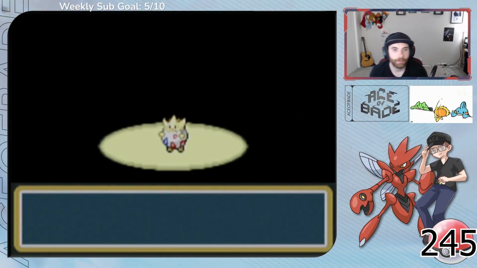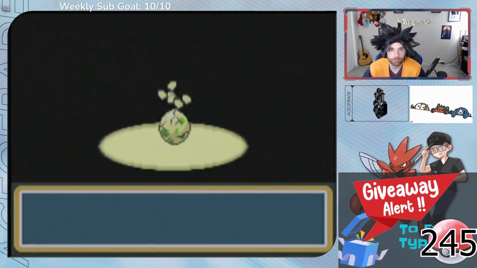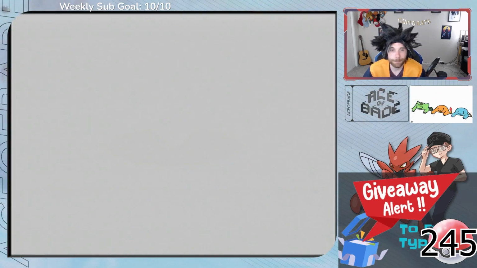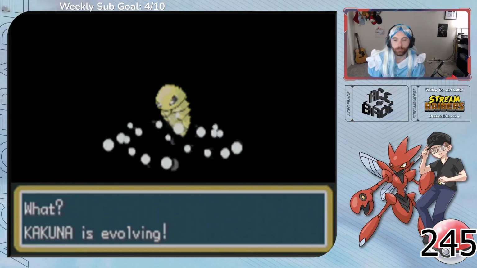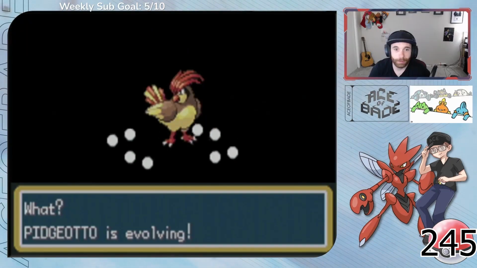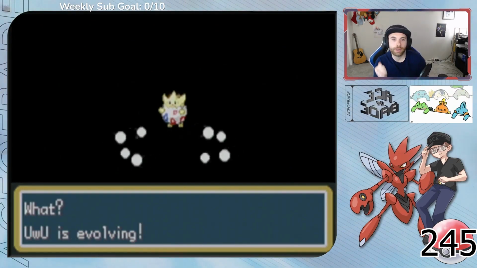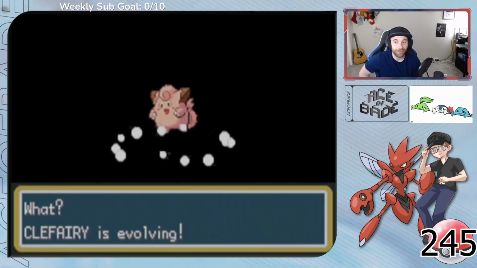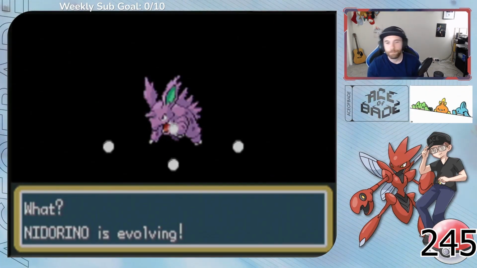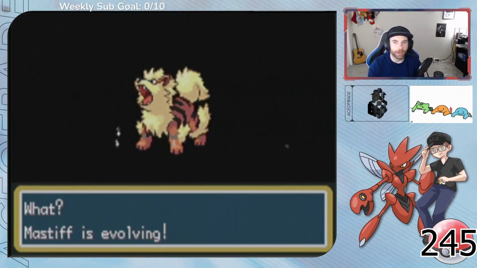We also hatched 1 Togepi, 2 Bulbasaur, 3 Eevee, 1 Elekid, 1 Omanyte, 1 Cleffa, 1 Smoochum, and 2 Tyrogue. And evolved 1 Kakuna into Beedrill, 1 Metapod into Butterfree, 1 Pidgeotto into Pidgeot, 1 Chansey into Blissey, 1 Togepi into Togetic, 1 Clefairy into Clefable, 1 Nidorina into Nidoqueen, 1 Nidorino into Nidoking, 1 Growlithe into Arcanine, 1 Poliwhirl